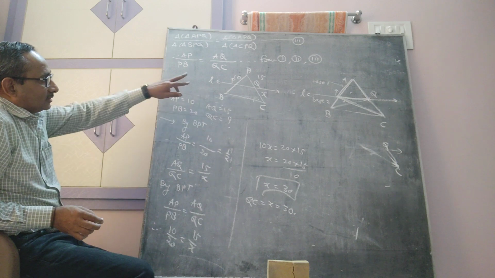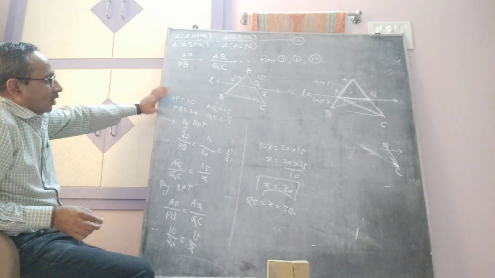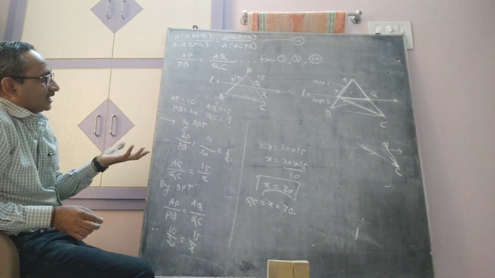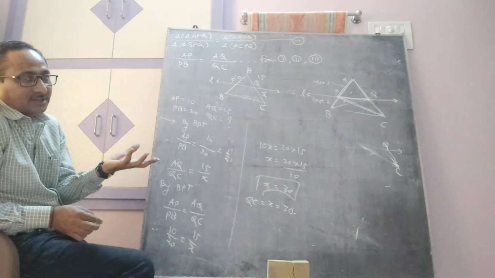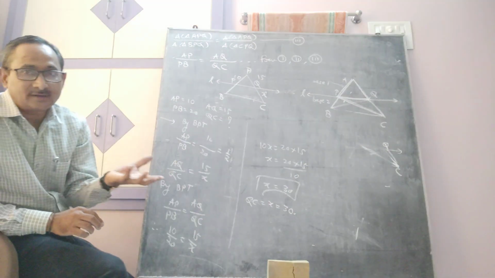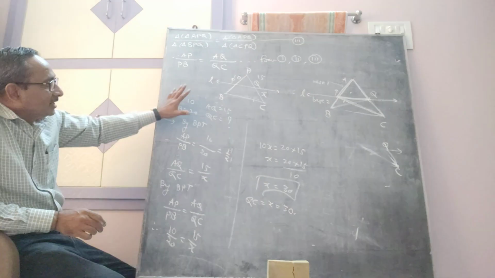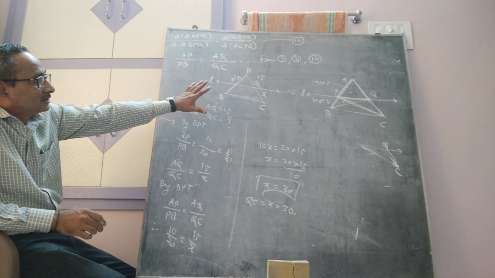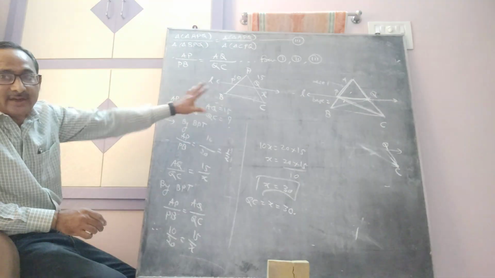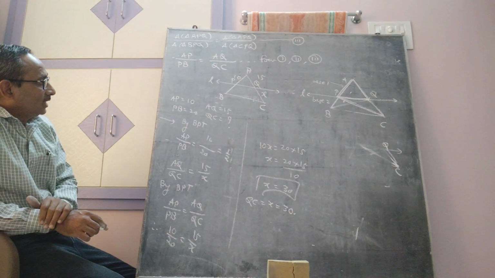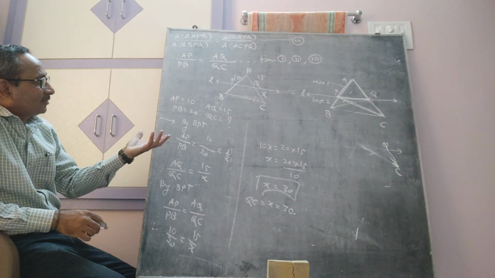Meaning there are 4 things. Out of 4, 3 things are given. We have to find 1 thing. Meaning here we can use BPT for solving the value of X. Now, in such type of examples,